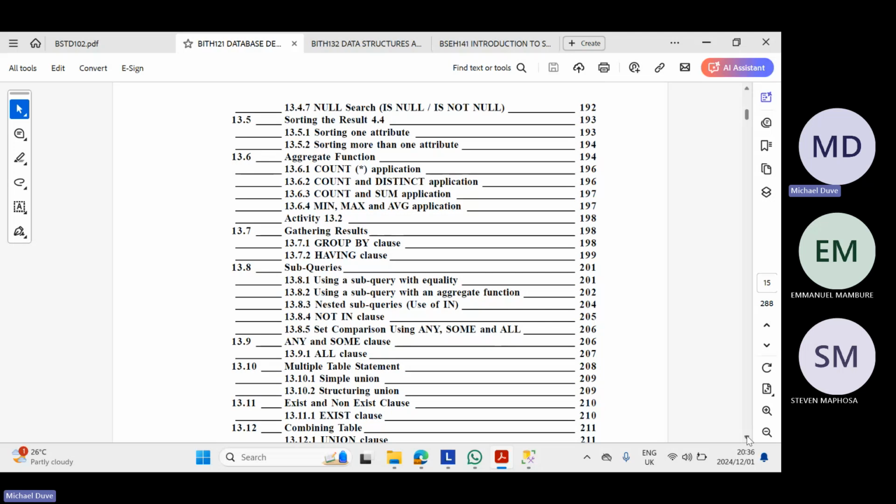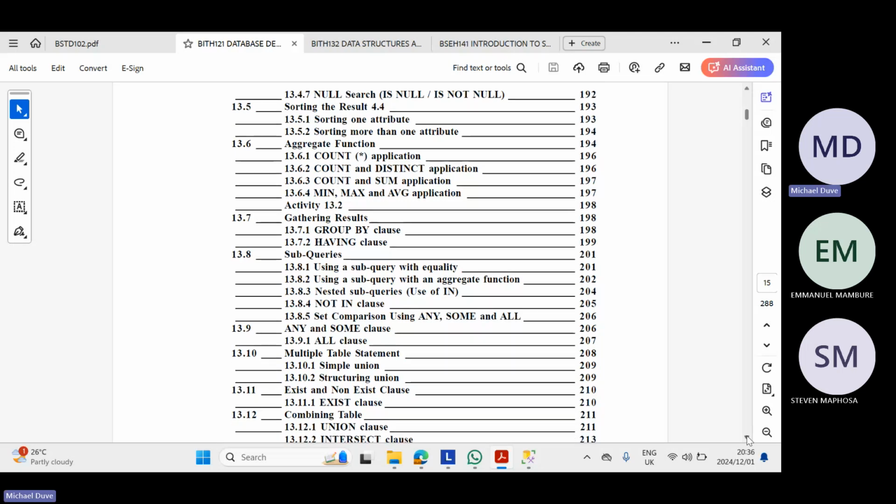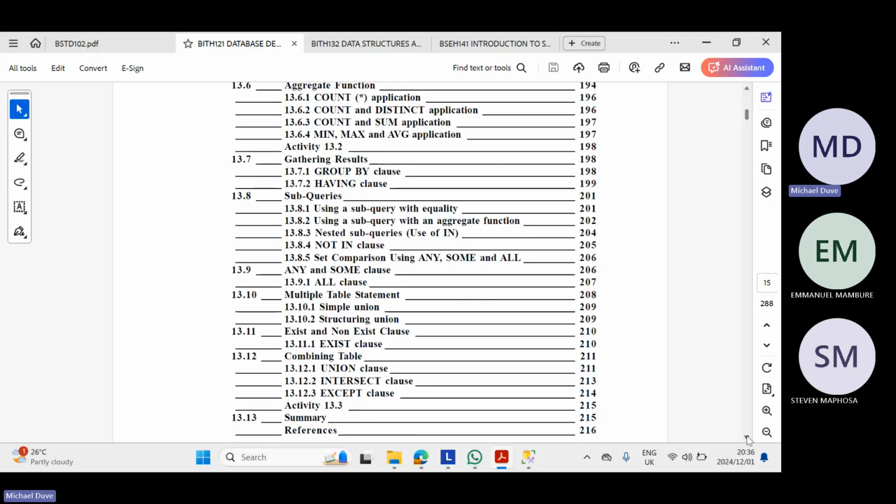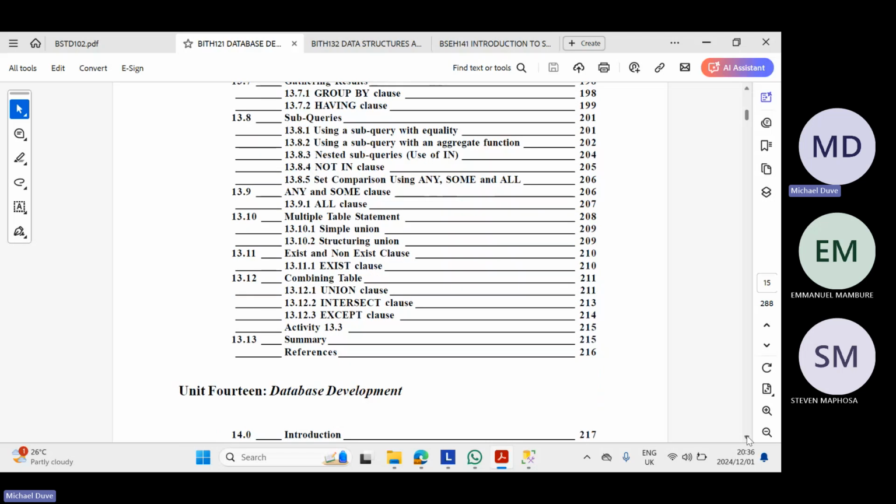Use this now: IS NOT NULL. Null means empty, right? IS NULL, right? You cannot leave the cell empty, or when you deal with Excel, we talk of cells, right? So if you say IS NOT NULL, you cannot leave it empty, right? Okay, so union, you still use those Venn diagrams that we were using when we were doing